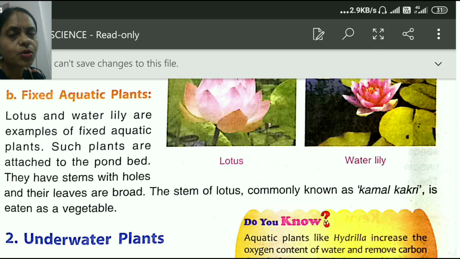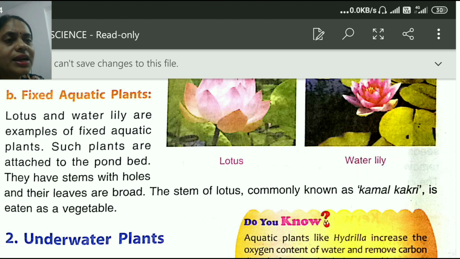They are called fixed because they do not float, they do not change their place. Such plants are attached to the pond bed because such kind of plants need a surface to grow on. Floating plants do not need any surface, any bed to grow on, but these plants are attached to the pond bed. They have stems with holes and their leaves are broad.